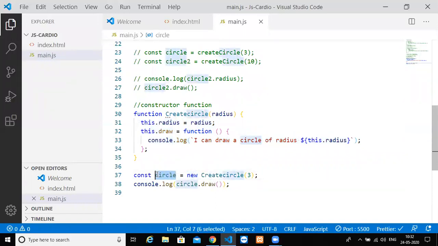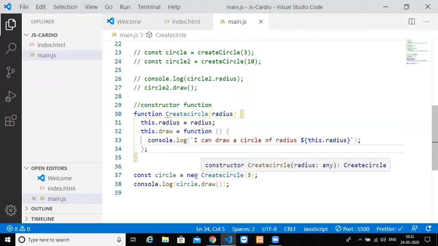The new keyword creates an object whose properties and methods are the ones defined inside the constructor function, and then it makes this object return as the function return. So that's what the new keyword does for you, and then you can access those properties.